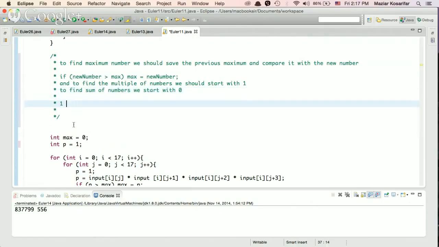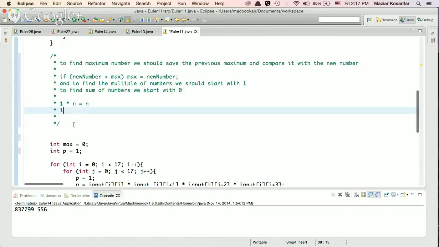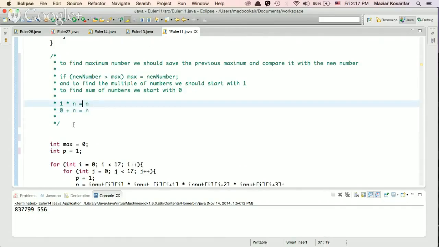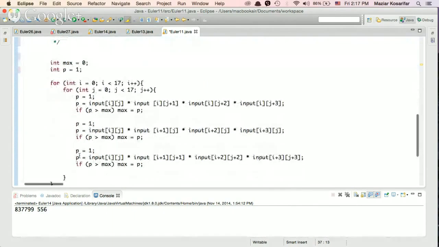1 times n is equal to n, and 0 plus n is equal to n. So 1 is our initial point in multiplying, and 0 is our initial point in adding. So we're going to read from the very first point, 0 and 0,